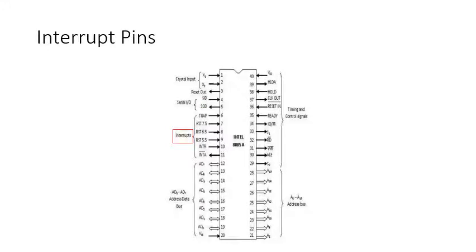Interrupt means interrupting the normal execution of the microprocessor. When the microprocessor receives an interrupt signal, it discontinues whatever it was executing. It starts executing a new program indicated by the interrupt signal. The interrupt signals are generated by external peripheral devices. After execution of the new program, the microprocessor goes back to the previous program it was executing.